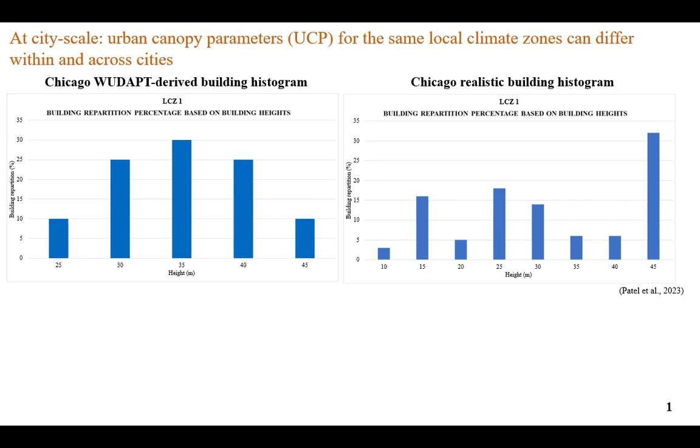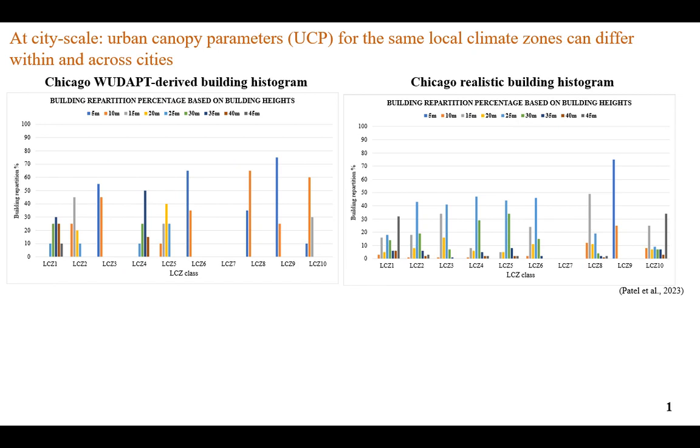Okay. So first of all, we ask the question, why do we need detailed urban morphology, or rather, how do models see a detailed urban morphology? This graph shows an example of Budak LCZ-based building heights, and what is a realistic representation of Chicago buildings. As you can see, the Budak LCZ-based one has a very different distribution of buildings compared to the realistic picture in Chicago. This is for LCZ1, which is the high-rise buildings, but this is consistent across all the local